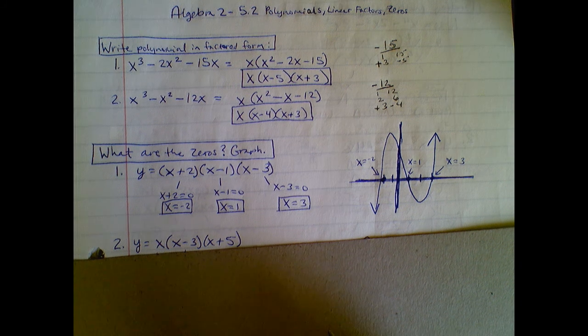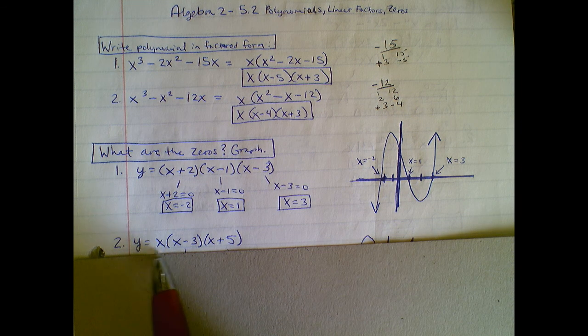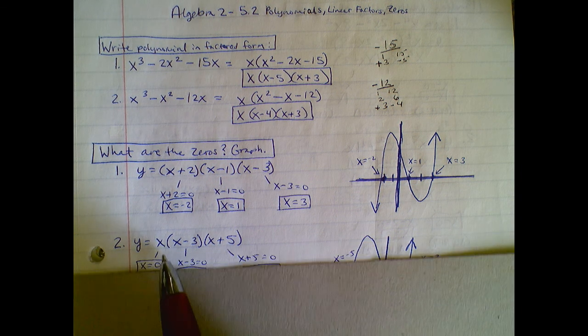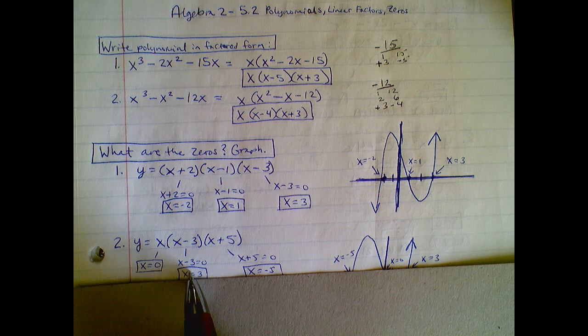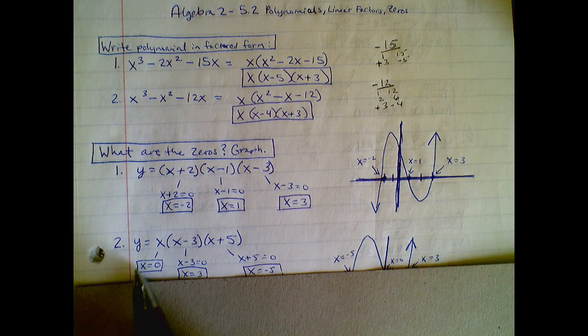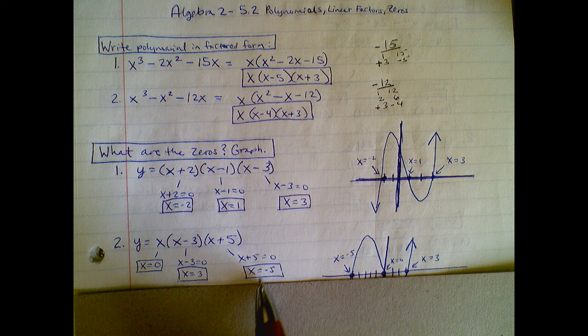We have y equals x times (x minus 3) times (x plus 5). Now notice this one has an x factored out, so we still need to set that equal to 0. So we'd have x equals 0, x minus 3 equals 0, and x plus 5 equals 0. Now this first one's already solved for us, so that was nice for us. This next one, we add 3, so we get x equals 3. Subtract 5, and we get x equals